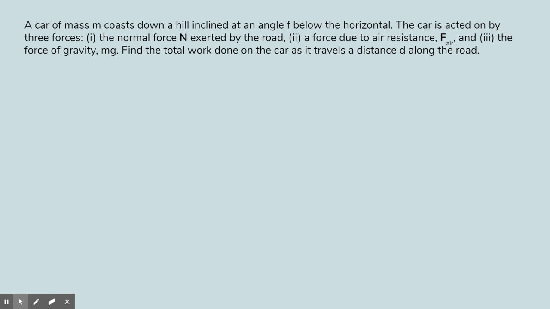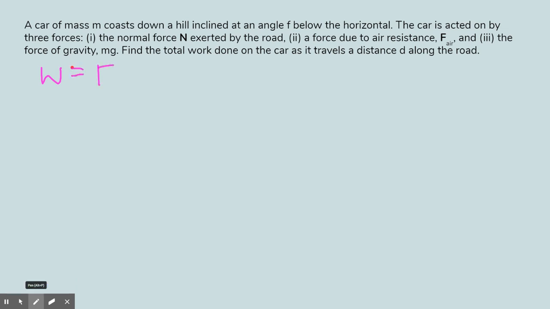Number 3, we have a car that is coasting down a hill. Okay, it's coasting, and we know when something is coasting, the force is likely variable. So we're not going to keep a consistent speed. We're going to speed up the further we get down the hill. Since we're working with a variable force, we can't just use our simple work equals force times distance. We will have to use the other formula, the one for variable work, which is that work